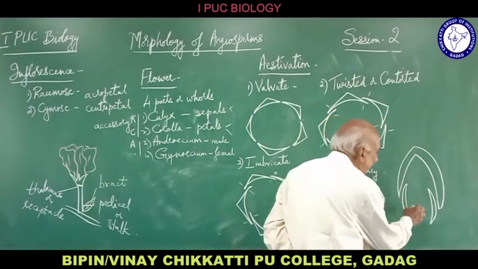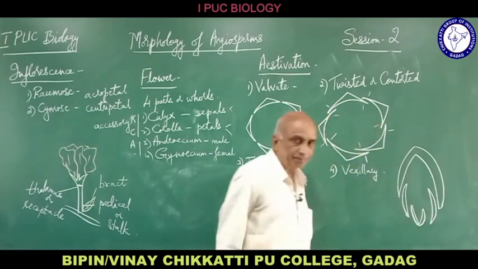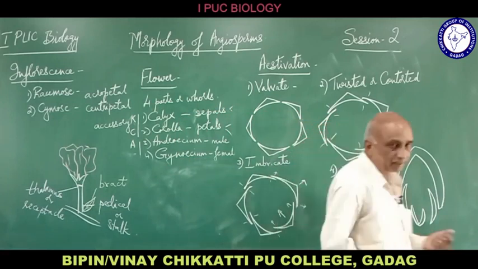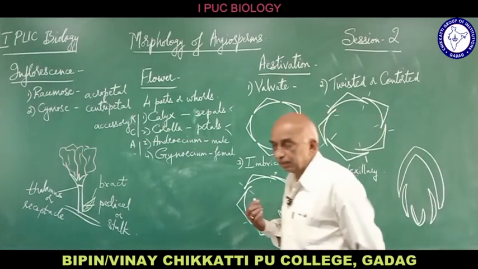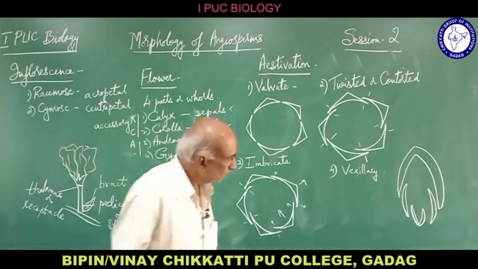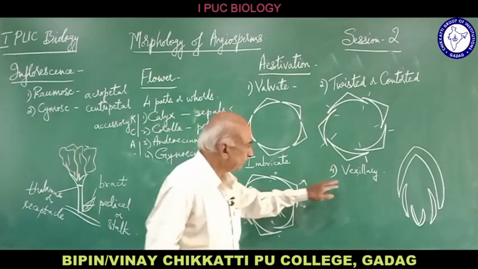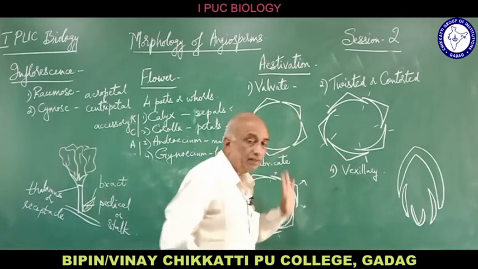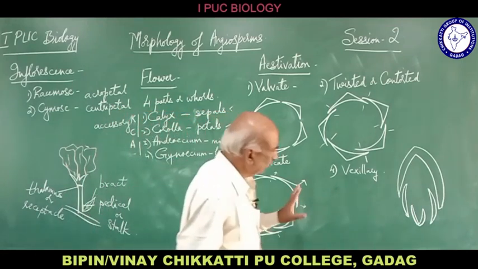And these 2 petals further in turn overlap another pair of small petals which are usually fused, attached. They are called the keel petals. So here we find 3 types of petals of different size. One is the largest, two are of medium size, and another two are very small in size. So like that, in case of pea plant, groundnut, we come across vexillary estivation. So these are the four types of estivation which we come across in the flowers.